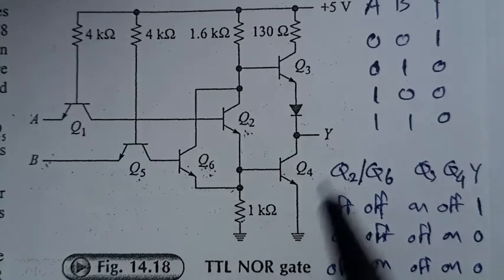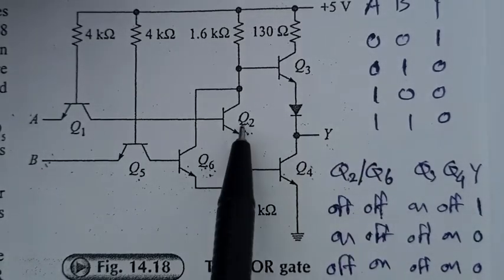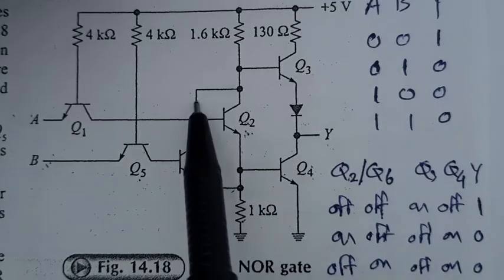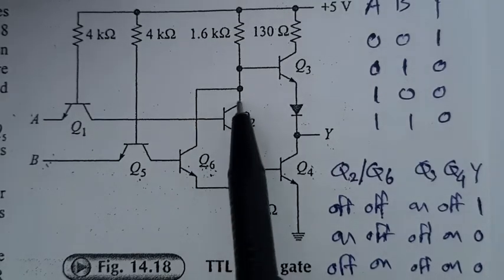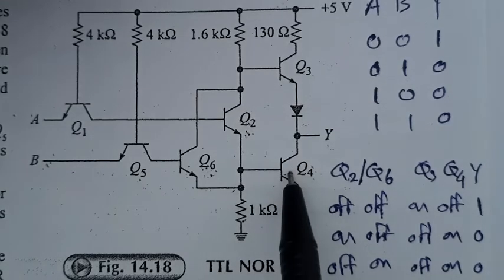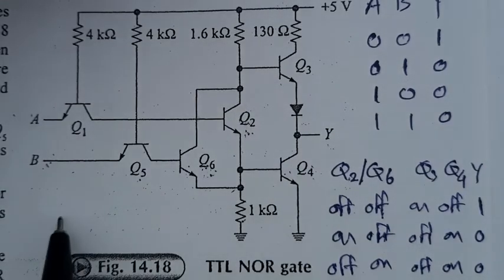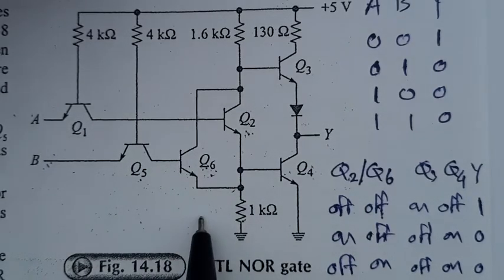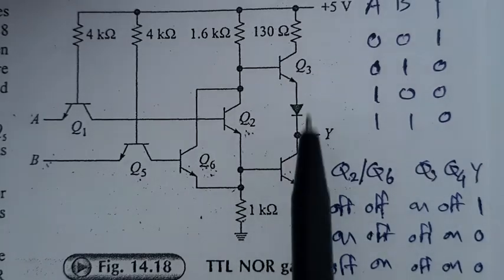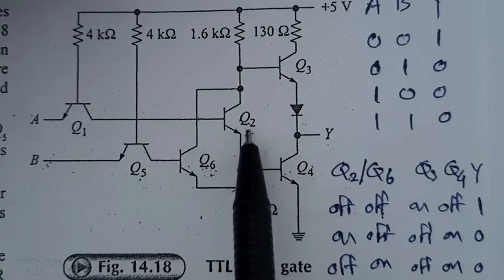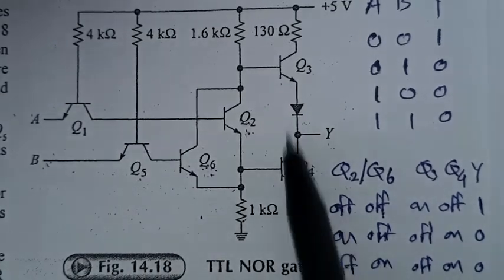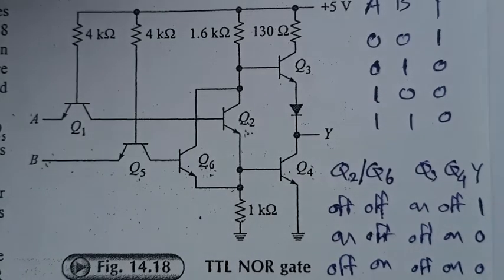Now the interesting thing is that the totem pole arrangement is driven by a transistor. Now a parallel transistor is used. Now suppose you have to think about the 3 input NOR gate. What will you have to do? You will have to draw one more parallel transistor to these two terminals, base of Q3 and Q4, and it is to be driven by one more transistor. Therefore, here it is a pair Q1, Q2, Q5, Q6, Q7, Q8, and Q8 has to drive Q3 and Q4, which should be in parallel with Q2, and Q7 has to drive Q8, and so on. Right? Therefore, this will be the working of the NOR gate.